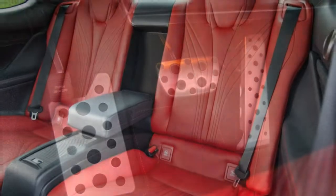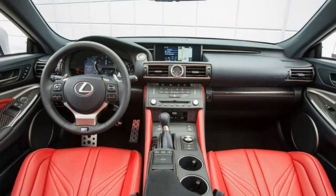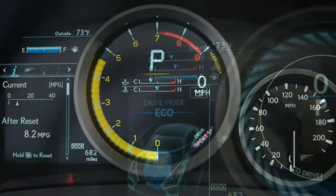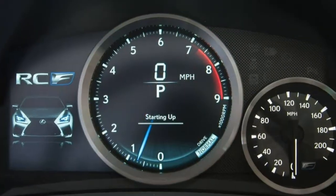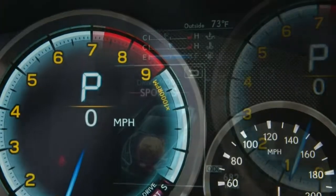What's new? There are a variety of technology upgrades for 2018. The optional navigation system now comes with a larger 10.3-inch screen. The Lexus Safety System Plus package is now standard, including forward collision warning, automatic emergency braking, lane keeping assist and